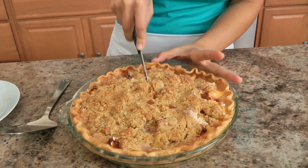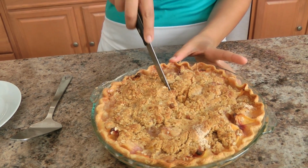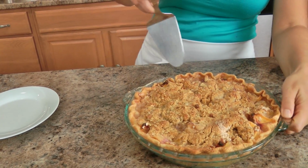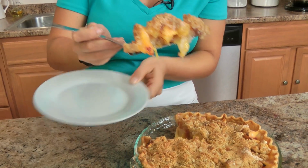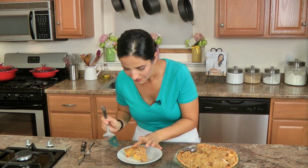I'm going to cut a piece of this, although I know I should let it cool just a bit longer because I can tell it's still warm. But that is okay. We live dangerously around here. Yes. That is, if I can get it off, that is